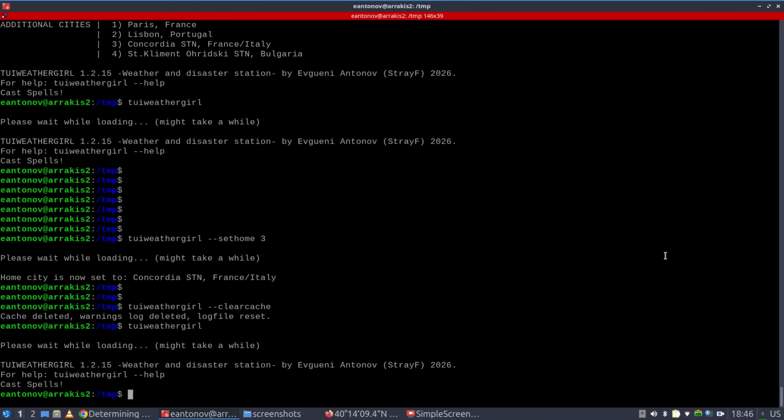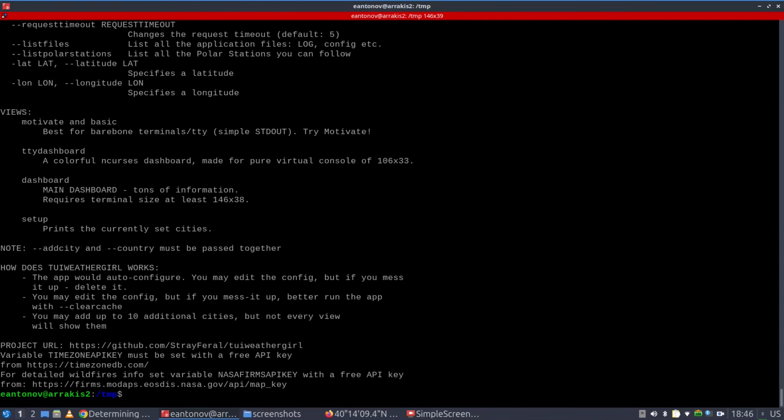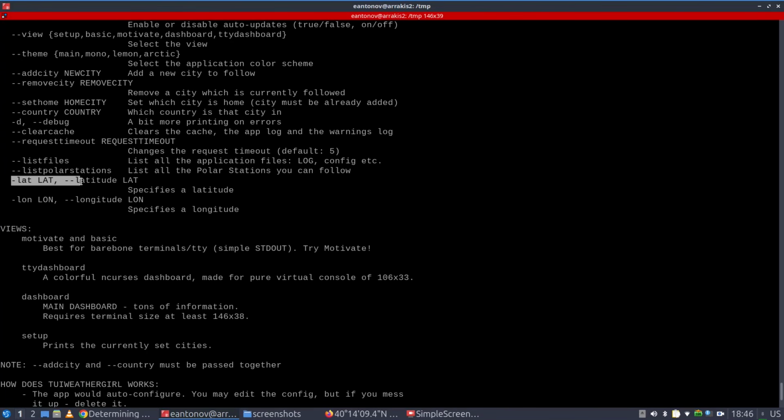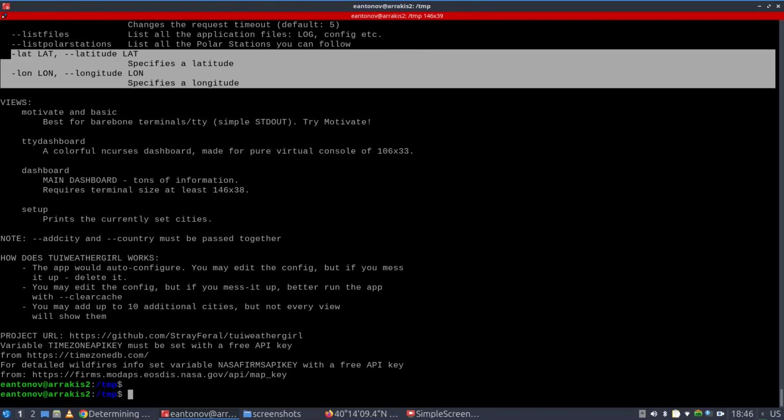How to set it in the application? Well, for this I introduced new parameters, but again it's a hack for the @city syntax. So latitude and longitude, this is how you will do it, but you still need to specify @city, and just type anything here which would tell you what it is. So let's say I'm having a hut over there, I just built it, so I will call it my hut